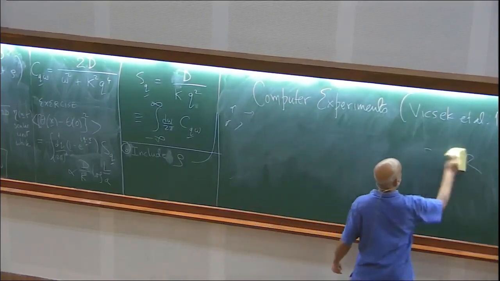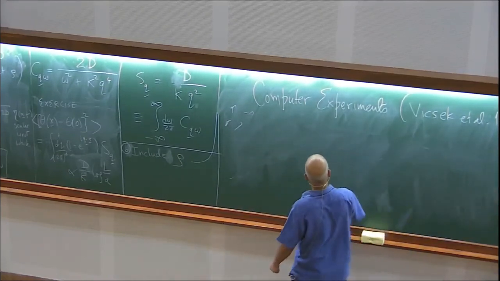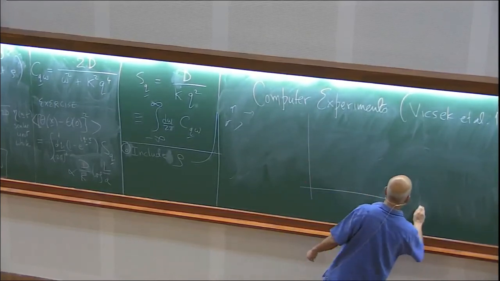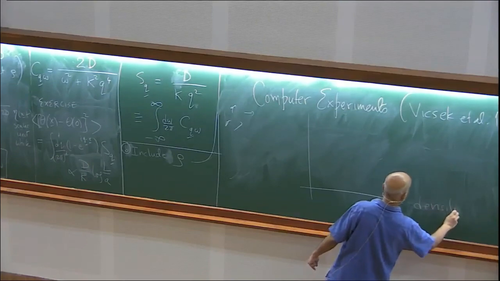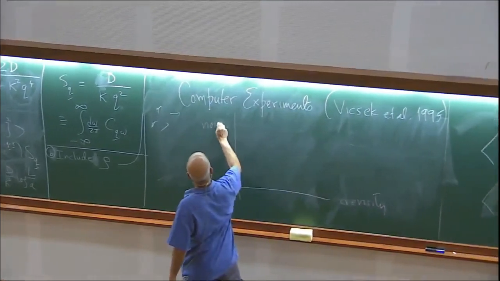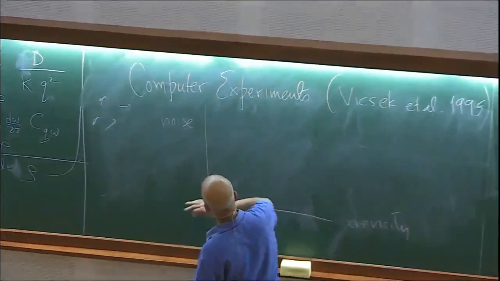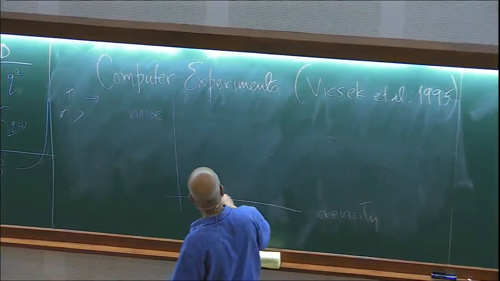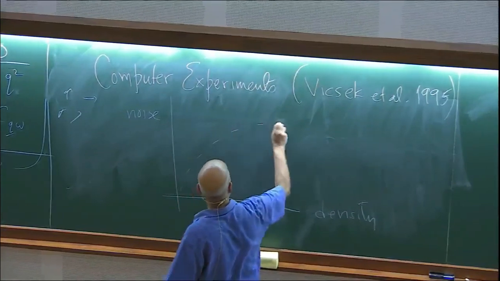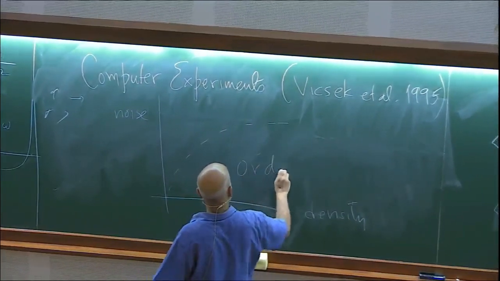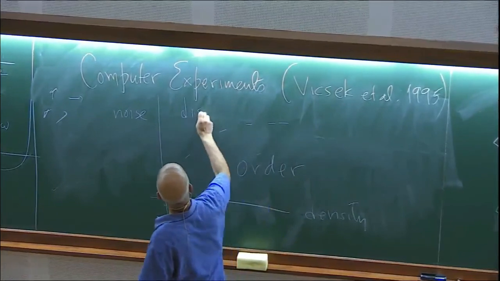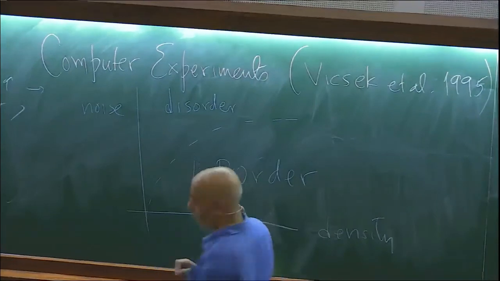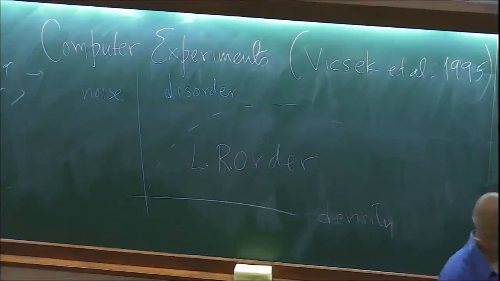what Vicsek found. Actually, what Vicsek found was this. Let's say that's density. That's noise. I always get this wrong, so you have to large density and low noise. So down here, yeah. So I think he found something like this. Long range order. Not this, but